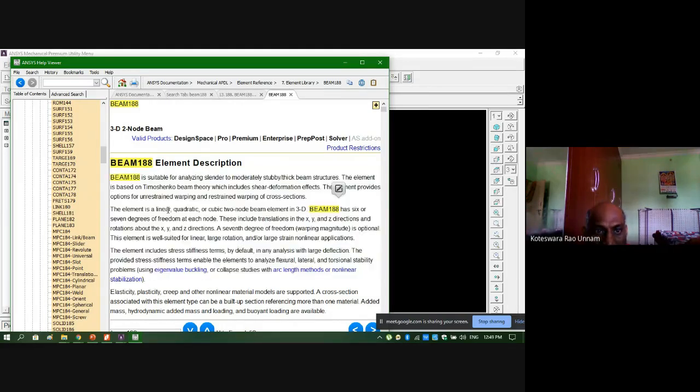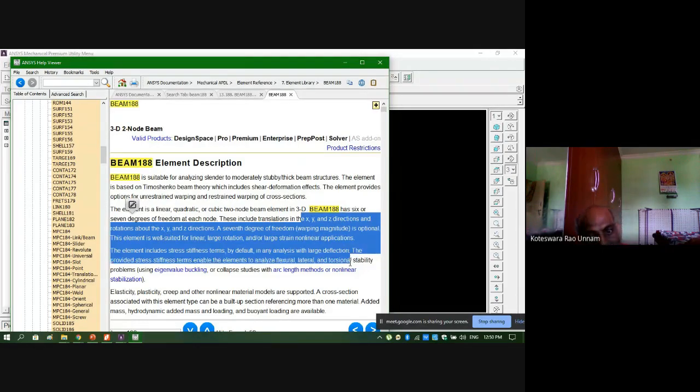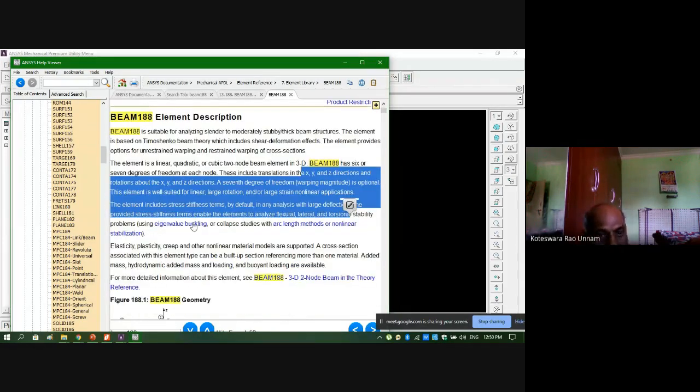So what is that beam 188? This beam element is suitable for slender to moderately thick beam structures. This is the important point here. The element is based on Timoshenko beam theory, which includes shear deformation effects. The element has linear, quadratic, or cubic nodes, and 6 or 7 degrees of freedom for each node. Like this, the entire element description is given.